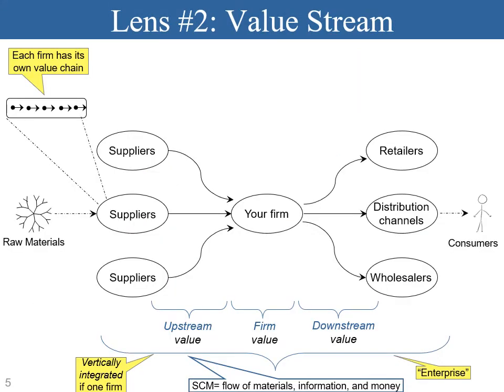Okay, using lens number 2, you can also see the value stream, right? A value stream is basically a collection of value chains of multiple firms or companies. As you can see in this diagram, the raw materials are supplied by suppliers to your company, your firm, for creating a product, which then will be distributed to retailers, distribution channels, and wholesalers